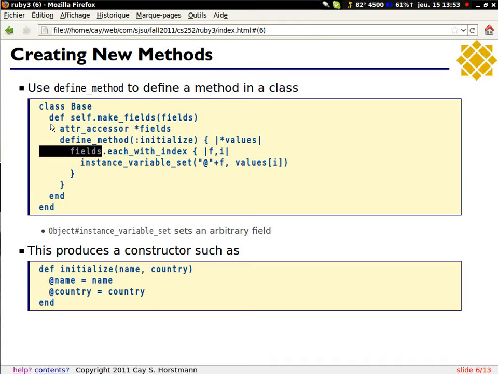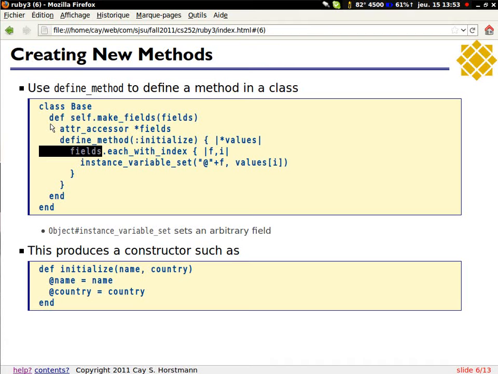So you don't, for example, want us to write def initialize? Instead, it's nicer if you don't have to do it. So you put this in the superclass, in the base, and when you extend this base class, your class automatically has an initialize method. And where does it come from? I've put this into make fields.